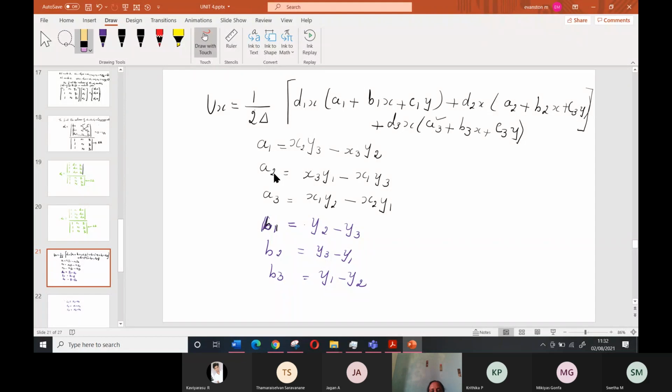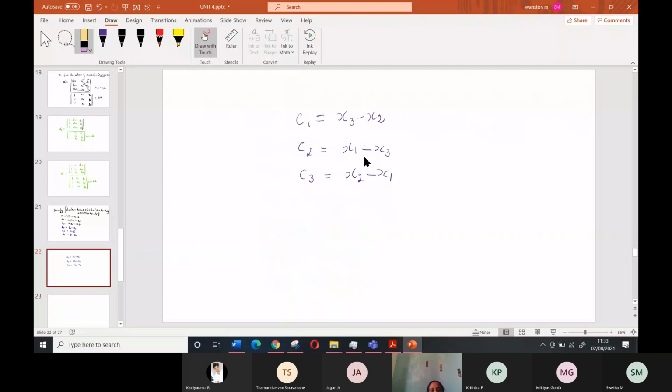If you take the next one, a2, this is the easy way. After 2 you will have 3, after 3 you will have 1, and this is the exchange of value. That is, x3 will become x1 and y1 becomes y3. If you take a3, after 3 you will have 1 and 2, then you just change the coefficient. Similarly, b1 is 2 minus 3. b2 is after 2 you will have 3, then 1. Then 3, after 3 you will have 1 and 2.